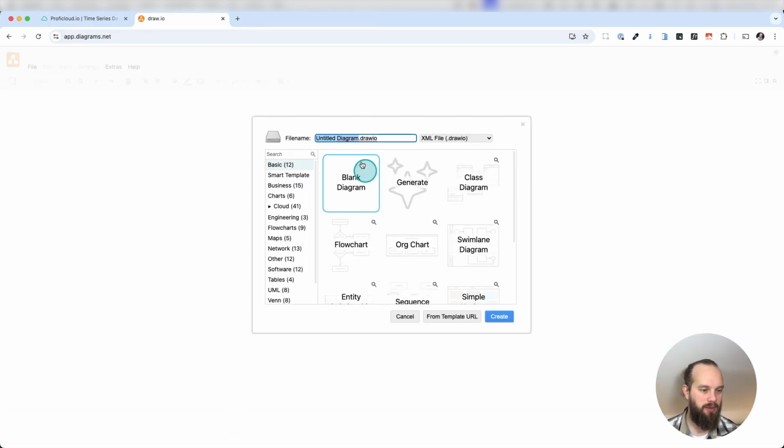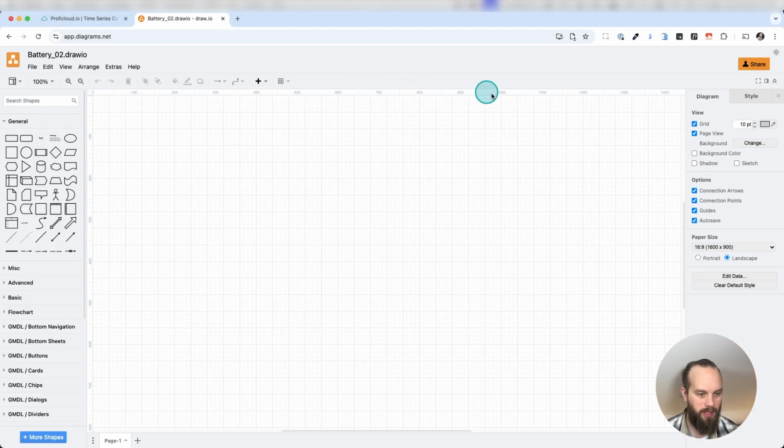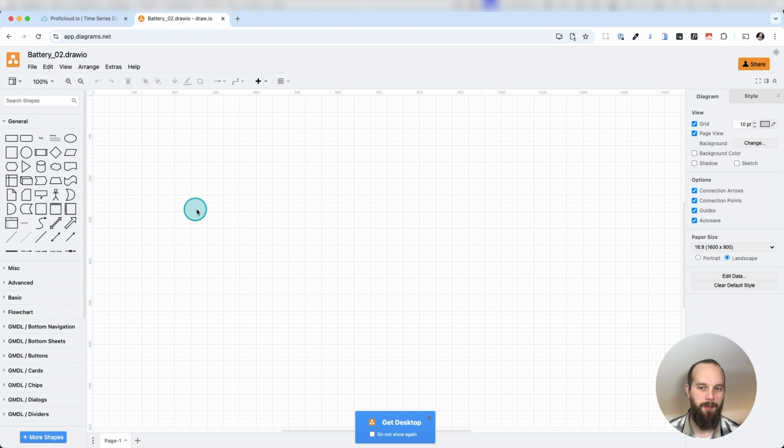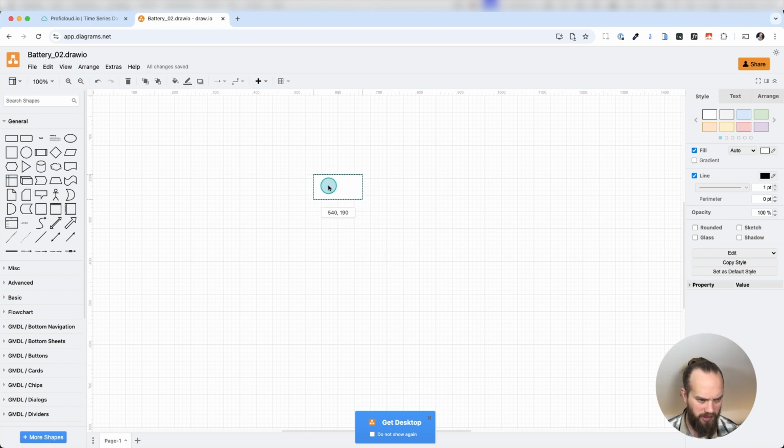I'm going to create a new diagram. I'm going to call it battery 02, and I'm going to use a blank diagram and create. I need to save it on my local folder, and what I want to do now is create an image, so to say, of a battery, and I want to have the state of charge in this image so I can directly see and understand what's happening there. Therefore, I'm just going to use the rectangle, something like this. I just clicked on it. I'm just going to make it